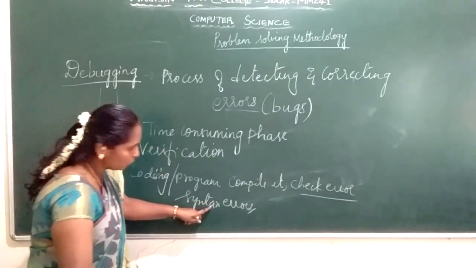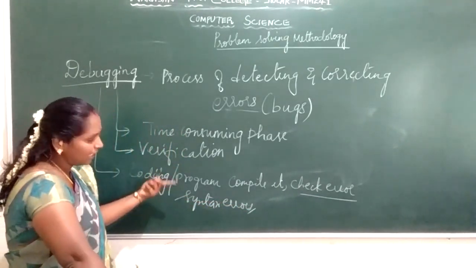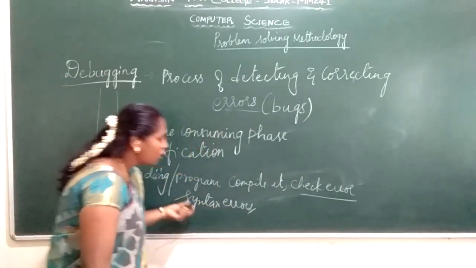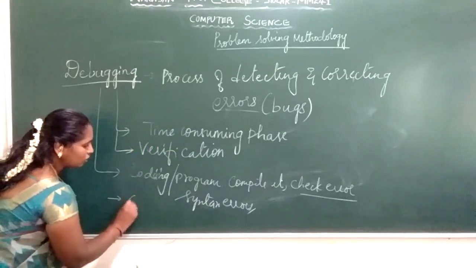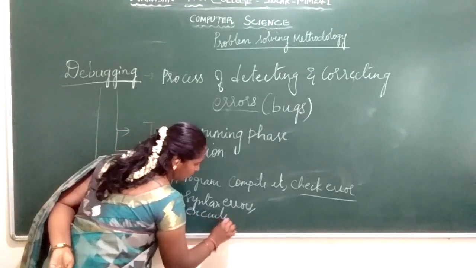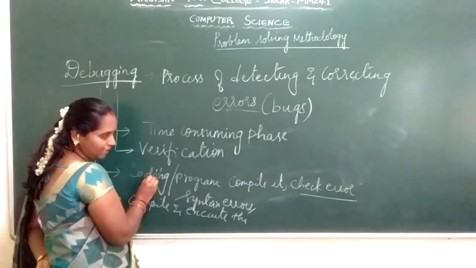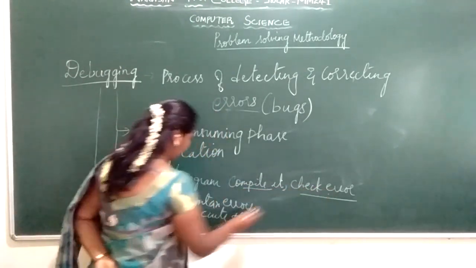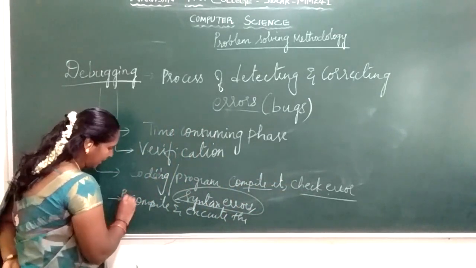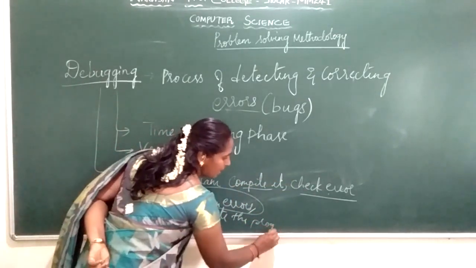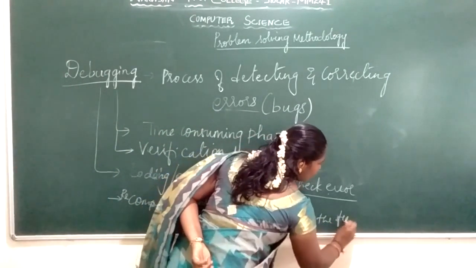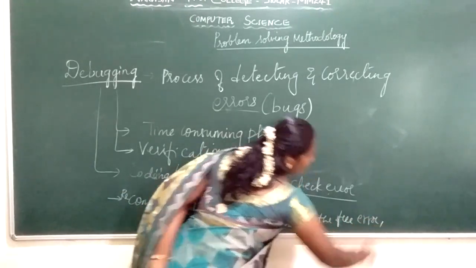According to the rules, that is the grammatical structure rules, if something is misplaced, such an error we call a syntax error. You are going to check for the syntax errors. Once the program is developed, you compile it and check for errors. If an error occurs, such an error we call a syntax error. Again, you are going to recompile and execute the program, and keep on compiling until it is free from the errors.